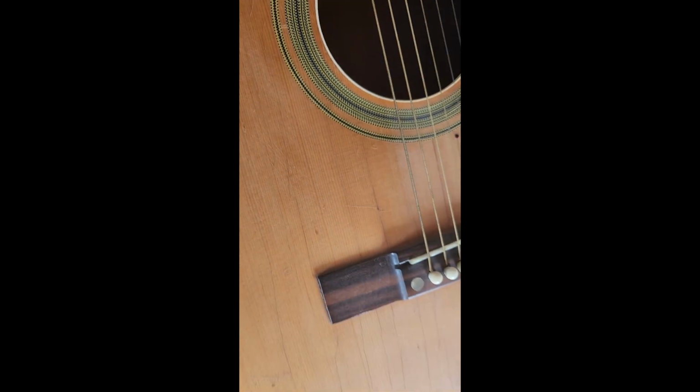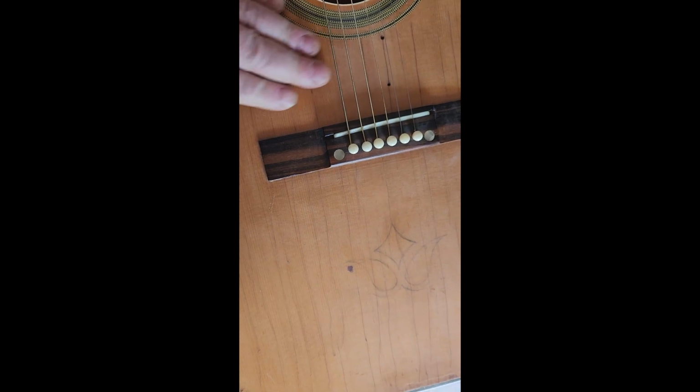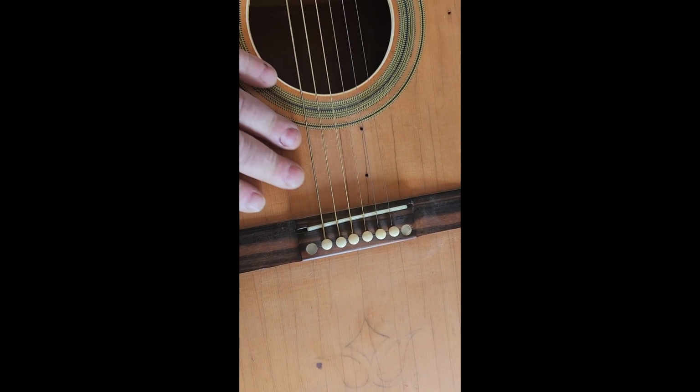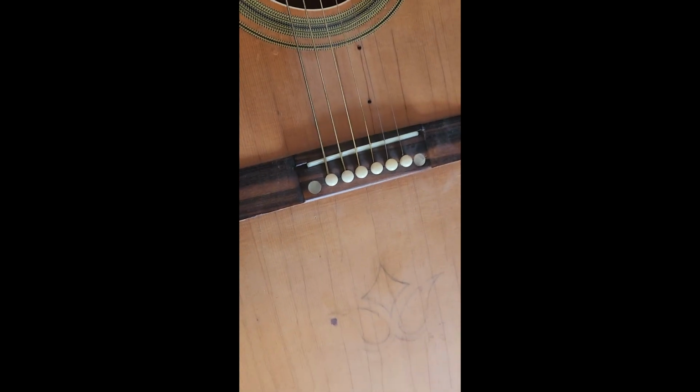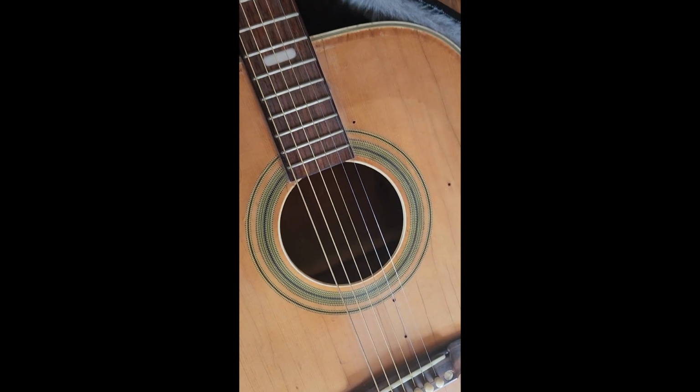If you look at this here, you can see how badly this is canted in. There's a significant valley here. It's dropped in. That is going to be, at least in part, due to the fact that